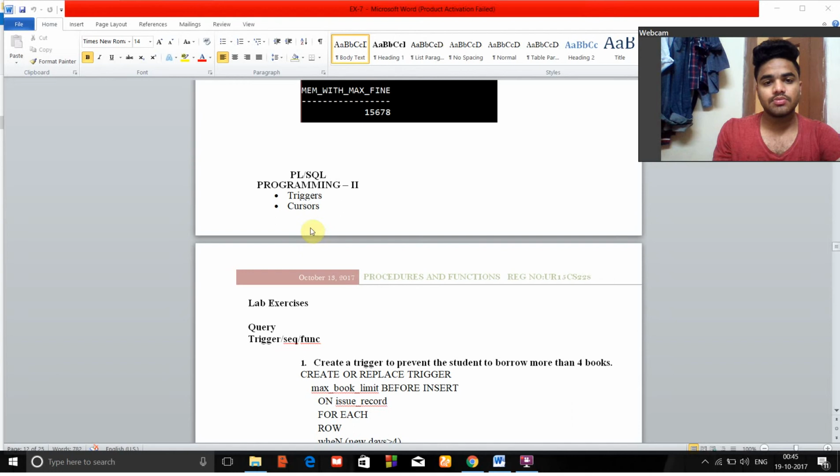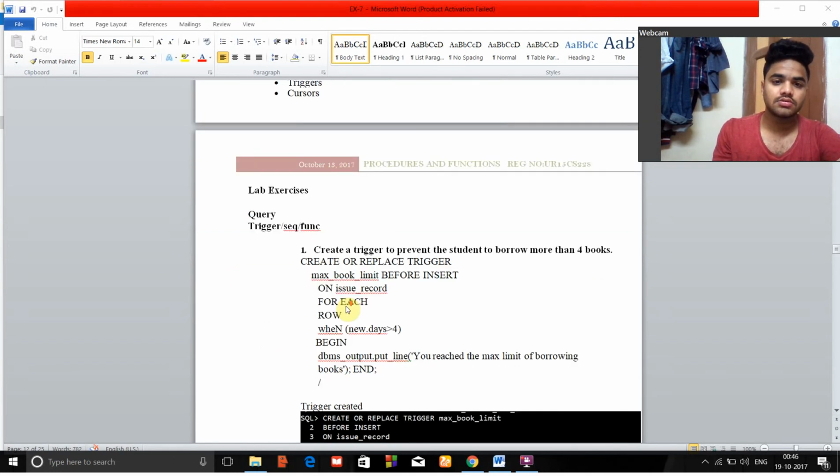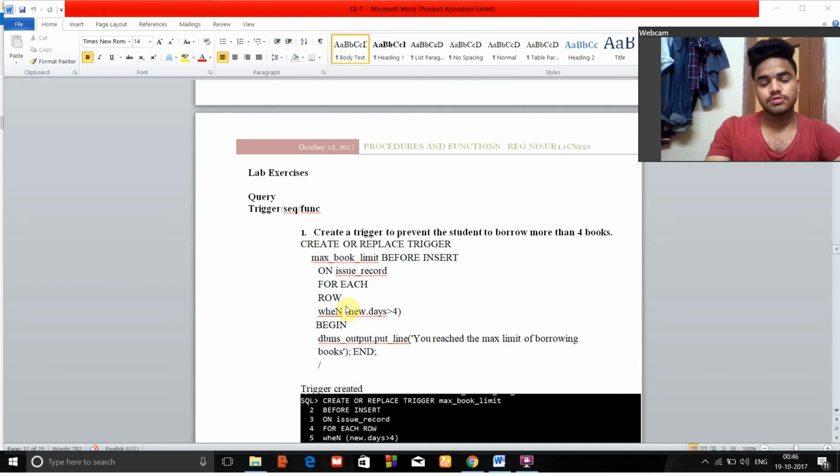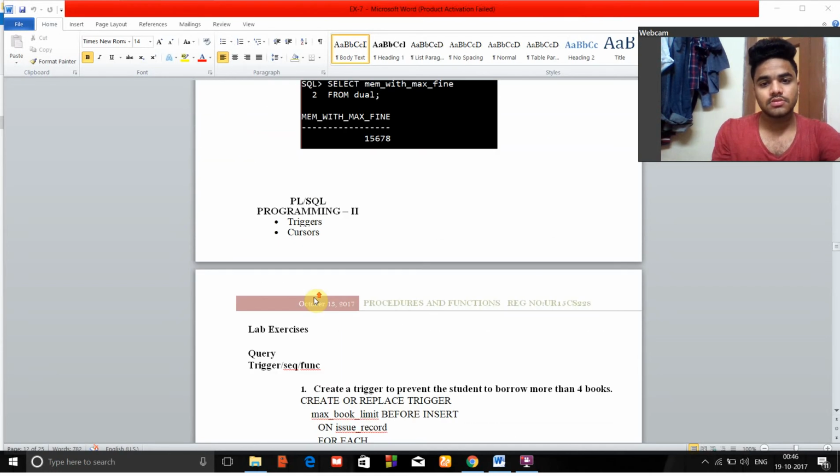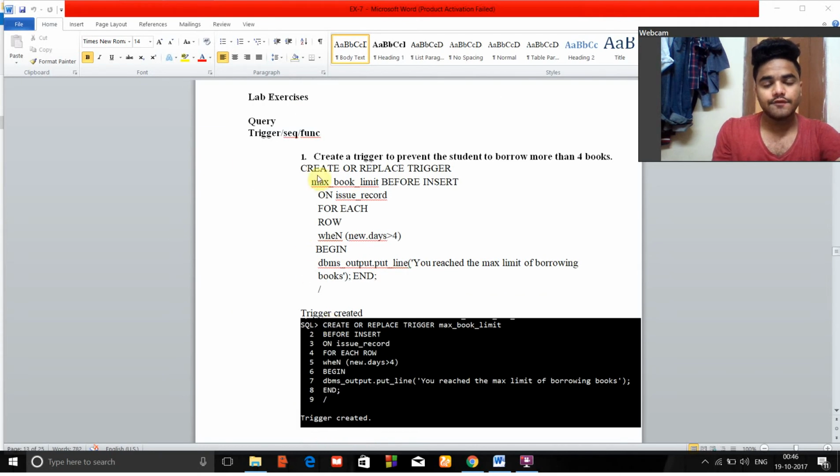So this is about triggers and cursors. Let's talk about triggers and cursors. For the first one, we need to create a trigger to prevent the student from borrowing more than 4 books. For that, the same as the procedure we have done, here we are going to apply a trigger: create or replace trigger maximum book limit before insert on issue record